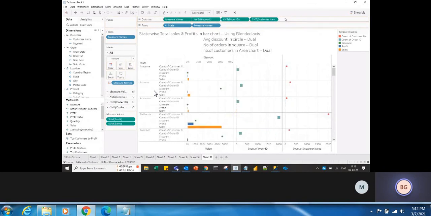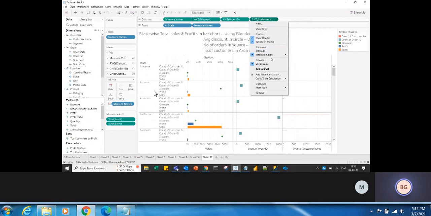Now I have the blended axis and the dual axis: average discount and measure values as a dual axis, and here I have the count of order ID and count of customer name. Count of customer name should be in the area chart. So go to the count of customers and change the chart type to area. Just make them dual axis.